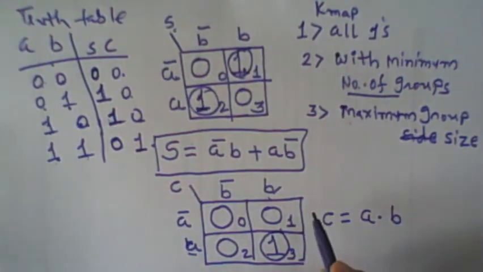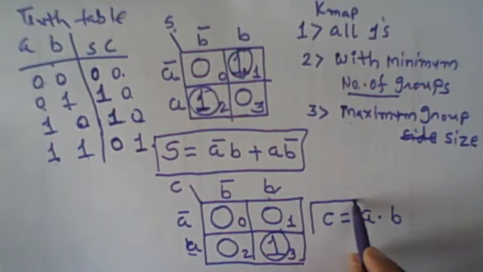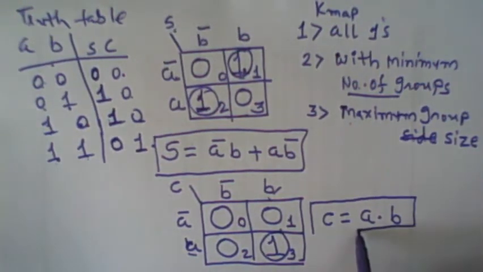Right? So this is another minimized Boolean equation of another output variable. It is a carry bit. Okay? After finding the minimized output Boolean equation, the next step is